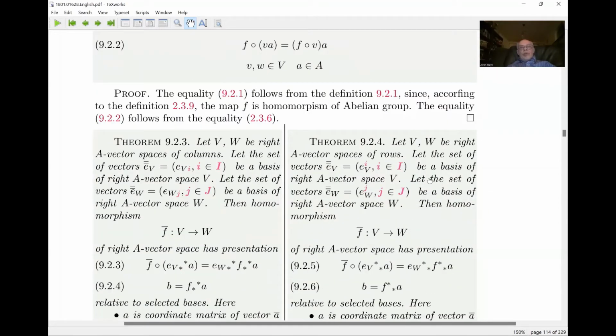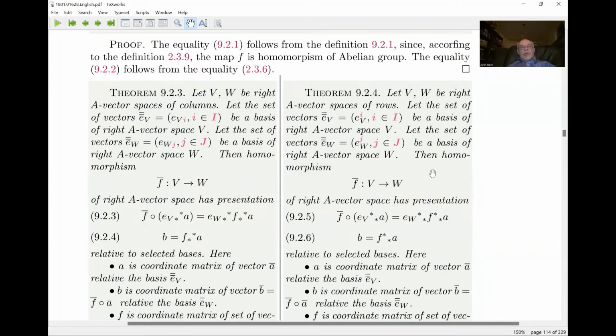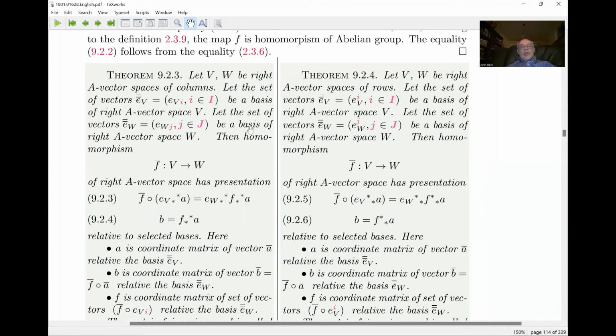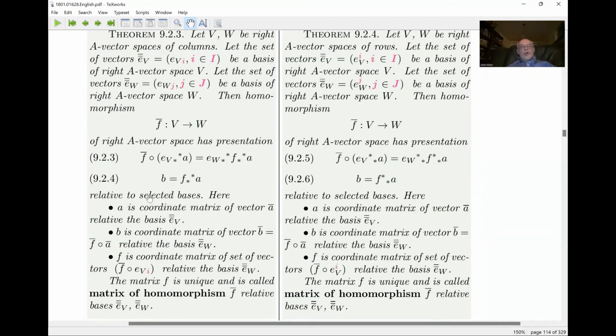The theorems that we considered for left vector space, we may consider also for right vector space. We just look at these theorems, but will not prove them because the proof is very similar. Let V and W be right A vector spaces of columns. Let the set of vectors EV be a basis of right A vector space V. Let the set of vectors EW be a basis of right A vector space W. Then homomorphism F of right A vector space has presentation 2.3 or 2.4